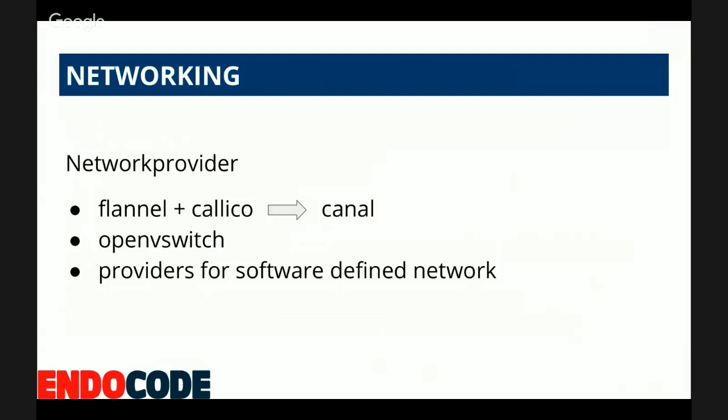Networking always was complicated, but it's getting better. For Kubernetes, you need network providers. So there is a lot of choice here. We had Flannel, which is integrated by CoreOS, and we had Calico, which has been ported from OpenStack. Fortunately, they announced that they go together and create a new network provider, Canal, which is able to integrate